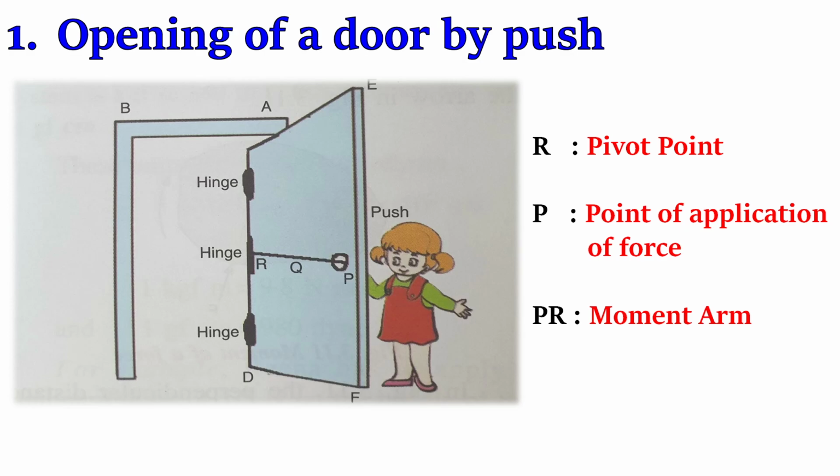So if you keep your hand at P, the perpendicular distance is PR. Here the force applied will be less, because the distance is maximum distance. The distance taken over here, PR, which is moment arm, or you can call it as perpendicular distance. This is the maximum distance, and the calculation of moment of force is force into perpendicular distance. Here we have taken maximum length, and the value of force will give you the moment of turning effect of the door, and the door will close.